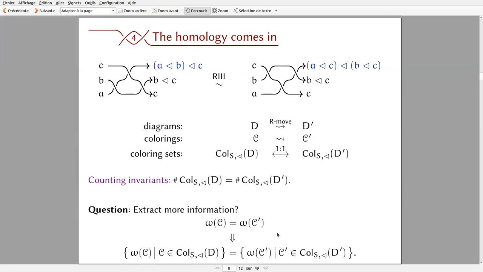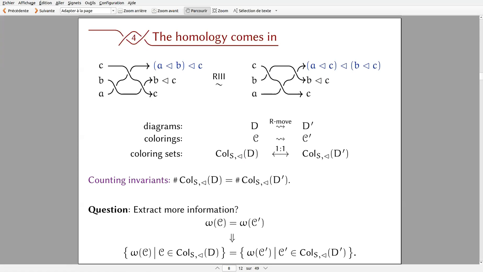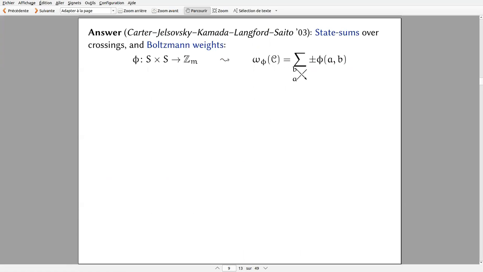If this condition holds, then you can look at multisets of the numbers computed for all the colorings, and you will have the same multisets. For this to work, you need these objects you associate to a coloring to respect the